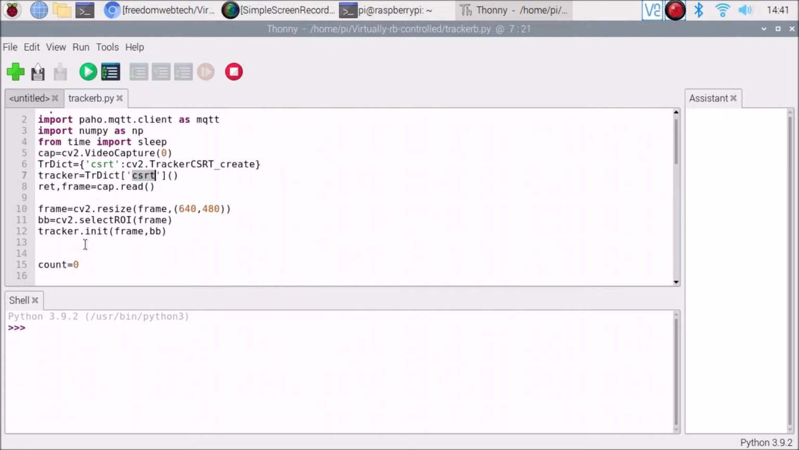So tracker.init, which means initialize, and inside that we are going to use here our frame. Then we are going to use our bounding box, means our selectROI method. So if I start the code,